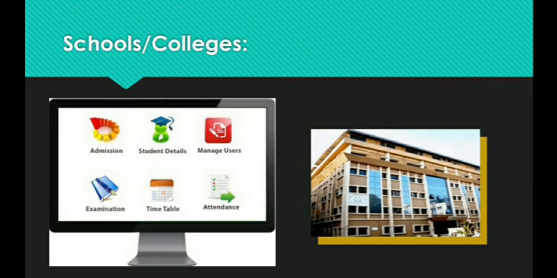Why do I go with a unique key? Because names, class or marks may contain multiple values. More than one John may appear in the same class, right? Likewise marks will also be repeated and class also will be repeated. Hence I go with the unique key, that is register number or ID, so that I will get the particular student's details in a faster way. So this is how the database is used in education, that is schools or colleges.